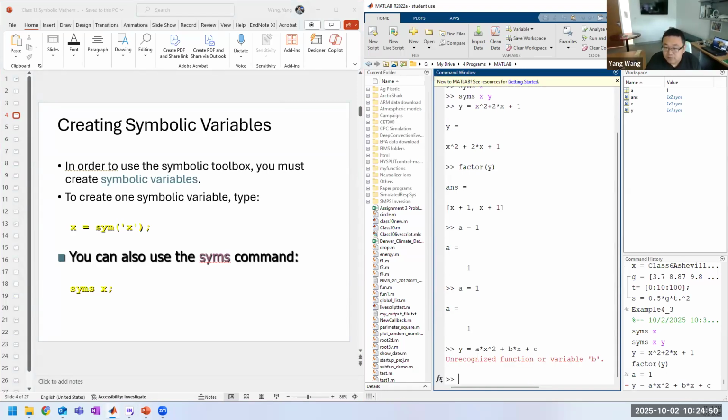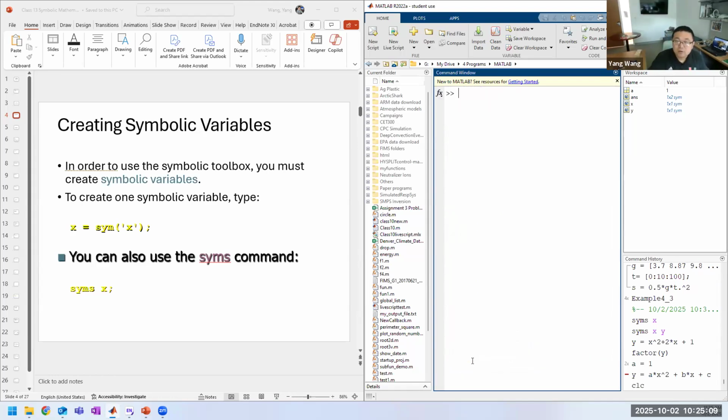Then it's not going to work because we have not defined all of these symbols yet, right? So we cannot do integration directly with this symbolic form, right? So then basically we can use the symbolic toolbox to facilitate some of these